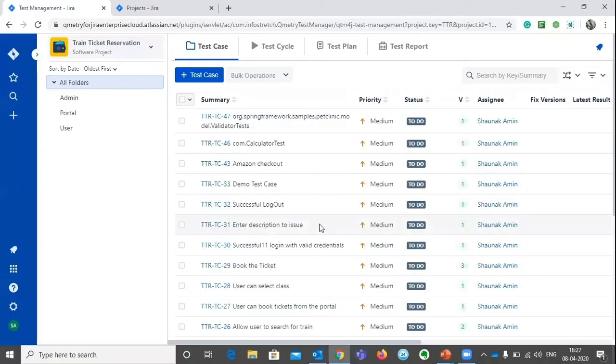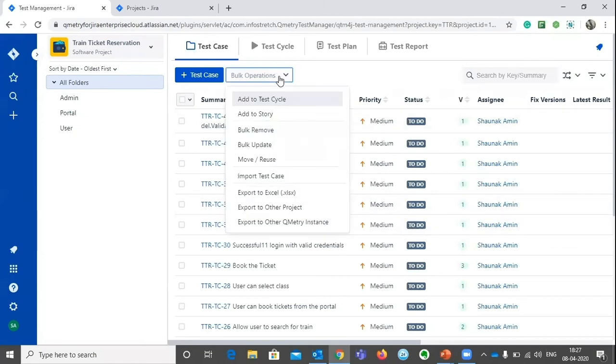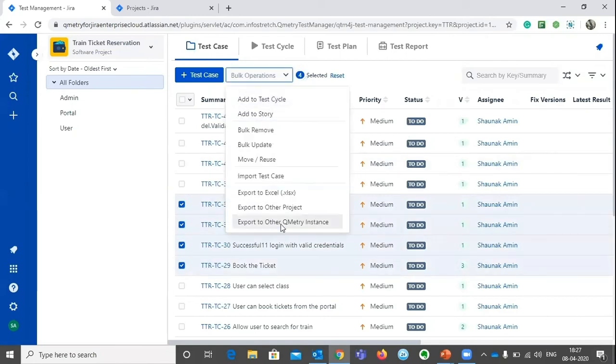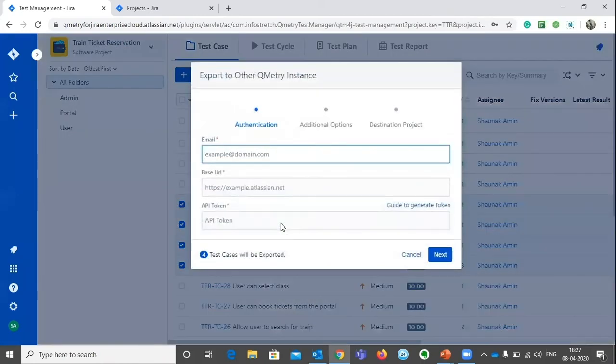So now we are moving on to the last part of the demo, wherein we are going to see how we can export your test assets to another Geometry instance. So similarly, you can just select the number of test cases which you do want to export to the other Geometry instance, and select the option that is other Geometry instance, wherein you just need to type the email. The email would be of that particular user who has a Jira instance which is outside your Jira software instance, or which is different from the current Jira instance which you are using.